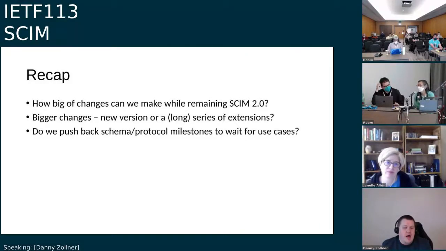However, this in turn, I think, brings us to the third bullet point on the slide that I'm showing right now, which is, even though it's not really milestone related, but for things related to the schema and protocol, should we try and get the use cases to essentially describe the problem that we're going to solve? Because the description of how to do photos in SCIM today works in certain scenarios, but it doesn't